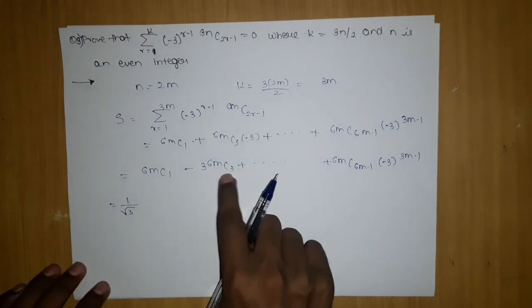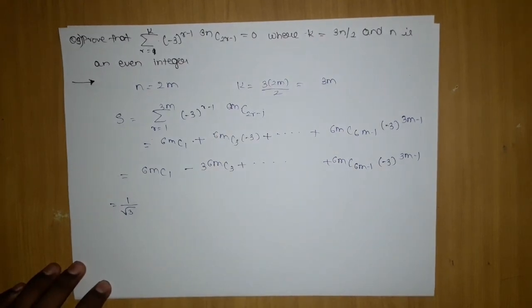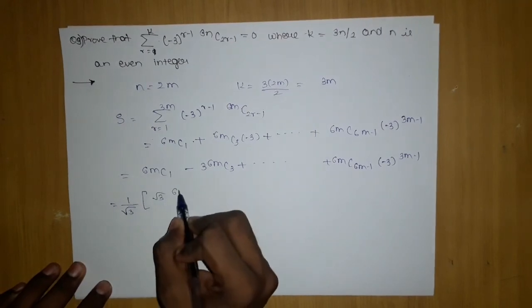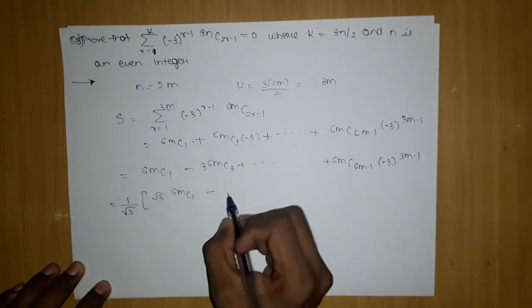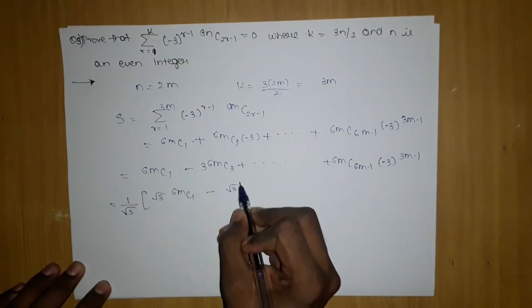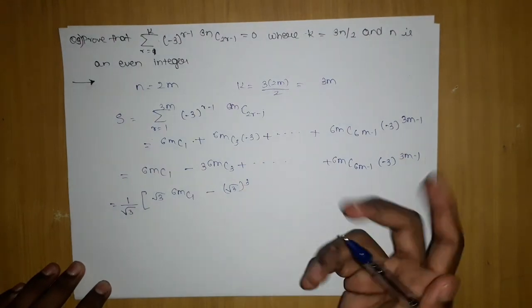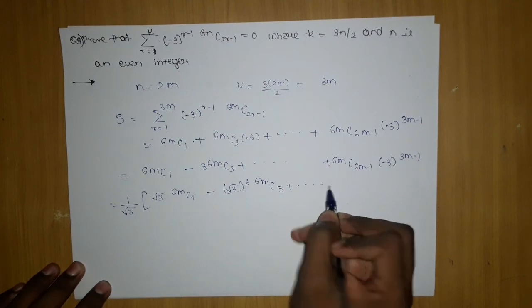power 3, which is the required thing which we want: the term which is attached with 6m c3 should have power 3, or if it is 6m c5, it should have power 5. So our job will become simplified. Like here 6m c1, its power is 1, under root 3 power 1, and here it will be under root 3 into under root 3, and when multiplied by one more under root 3 it will become under root 3 power 3, 6m c3, and this will go on.